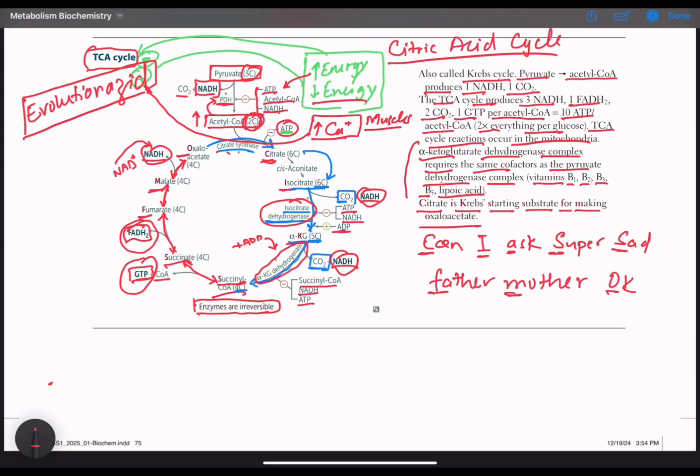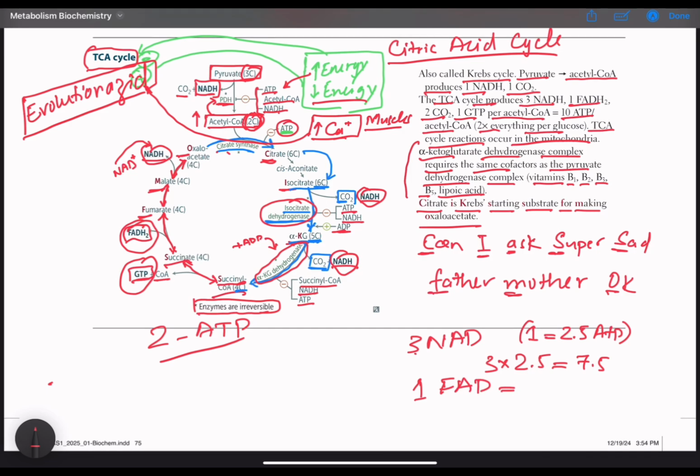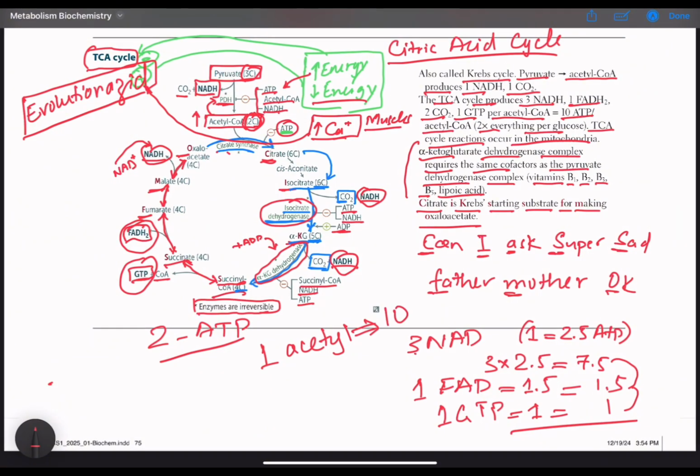During the Cori cycle or anaerobic glycolysis, we have only 2 ATPs generated, while during the TCA cycle we have 3 NADH. 1 NADH is equal to 2.5 ATP, so we have 3 multiplied by 2.5, which is 7.5. 1 FAD is equal to 1.5 ATP, so we have 1.5, and 1 GTP is equal to 1 ATP, so we have 1. If we add all of these, 7.5 plus 1.5 plus 1, it becomes 10. So 1 acetyl-CoA can go on to develop 10 ATP,